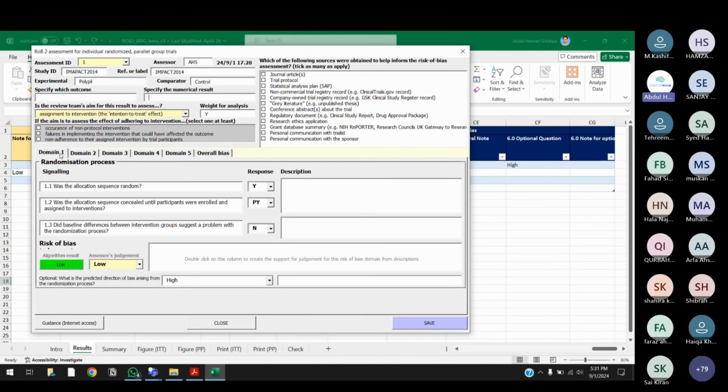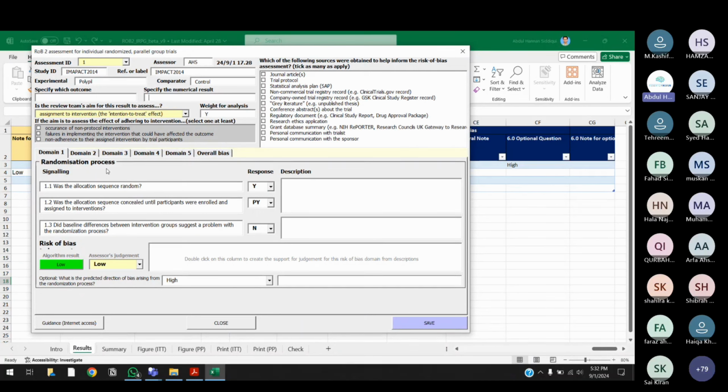Domain 1, 2, 3, 4, 5 and overall bias. Alright, so see above this domain line, इस domain line से ऊपर जितनी चीजें हैं, ये चीजें are identifying the study which you are assessing, okay? और domain से नीचे जितने questions हैं, they are conducting the risk of bias for that study, okay? Is that clear? Domain line जो बनी है, domain 1, 2, 3, 4, 5, इससे नीचे questions given हैं, which is used to conduct risk of bias. Domain से ऊपर is the information which is being used to identify your study, okay?